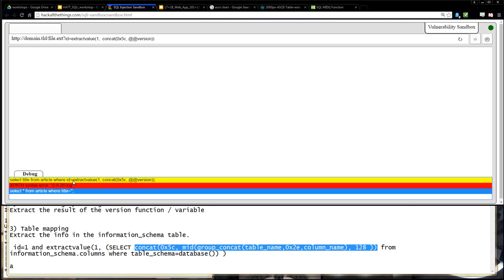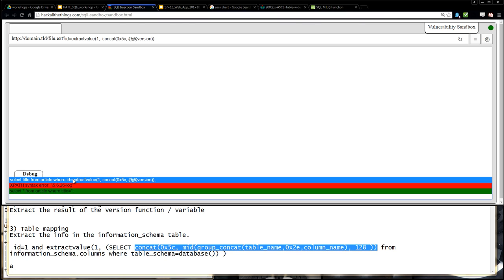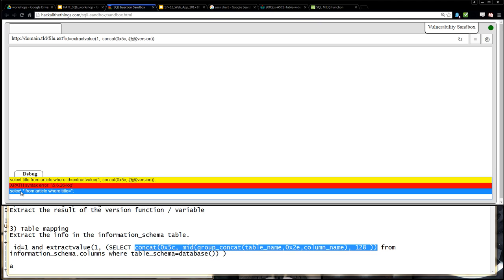But since it's a second order vulnerability, the syntax error gets reported to the MySQL, to the PHP code, and the PHP code gets no results from this initial query, and therefore its secondary statement, select star from article where title equals blah, is passed a blank variable or a blank result. And so they disqualify this being error-based, and then they would try some form of